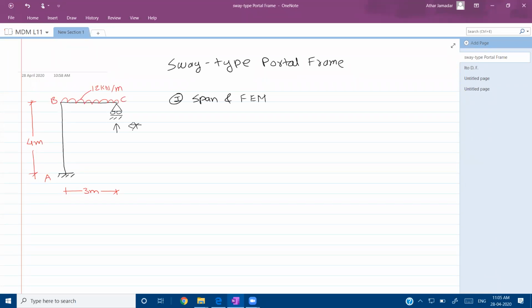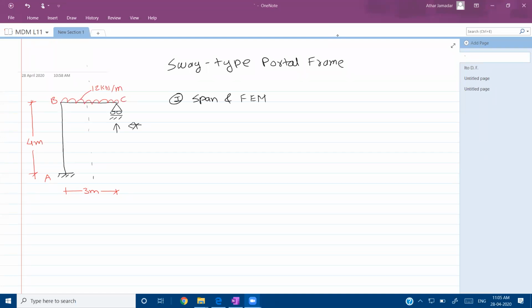And again, there are some other criteria which we have seen earlier. If you see about the y-axis, this portal frame is not symmetric. Also, moment of inertia is not symmetric about the y-axis, because if you draw a simple y-axis like this, then the geometry of this portal frame is not symmetric about the y-axis. As geometry is not symmetric about the y-axis, we can say that this portal frame is a sway type portal frame. So there are some modifications in the solution for a sway type portal frame.